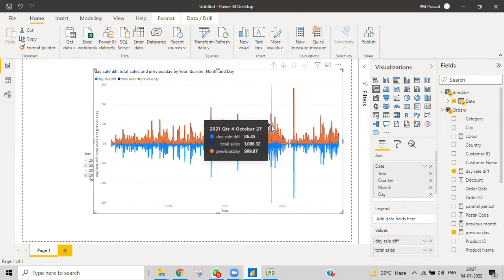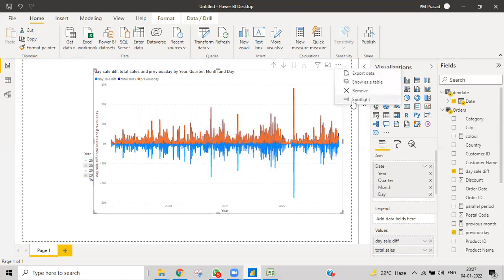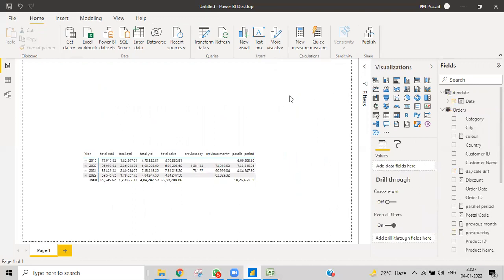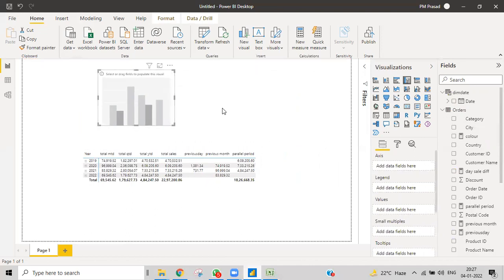Whenever it is positive you get positive, and when negative you get negative. So a lot of things can be shown. It depends on what requirement they need and how you want to show it. You can show it in cluster columns, and even stacked columns. Practice these things, then you can understand how to show that.